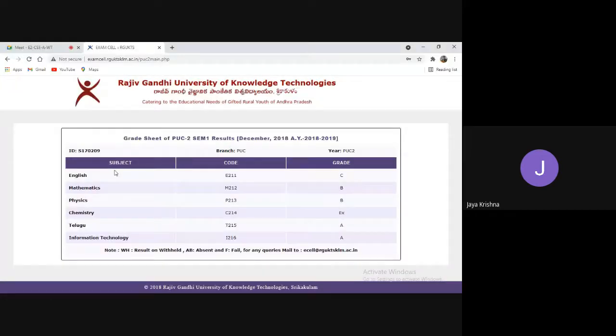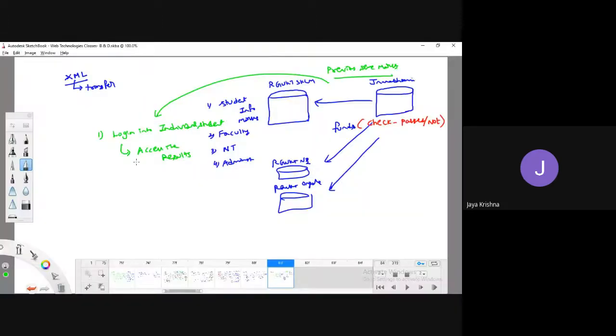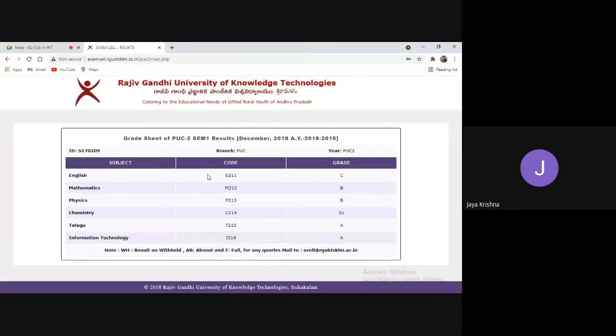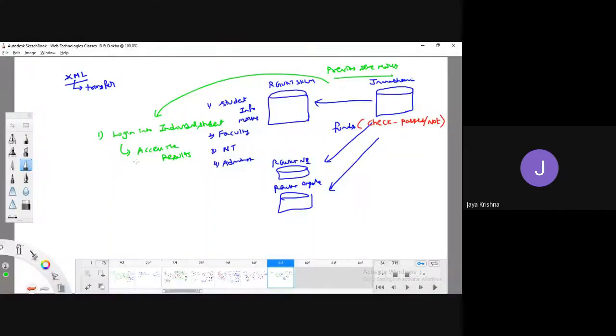But this process is easy only in a limited way. They have to access every individual student and check every time whether the student has passed or not. So this is a very difficult process and not recommended, because if they want to check for 10 students, they can easily log in and check.